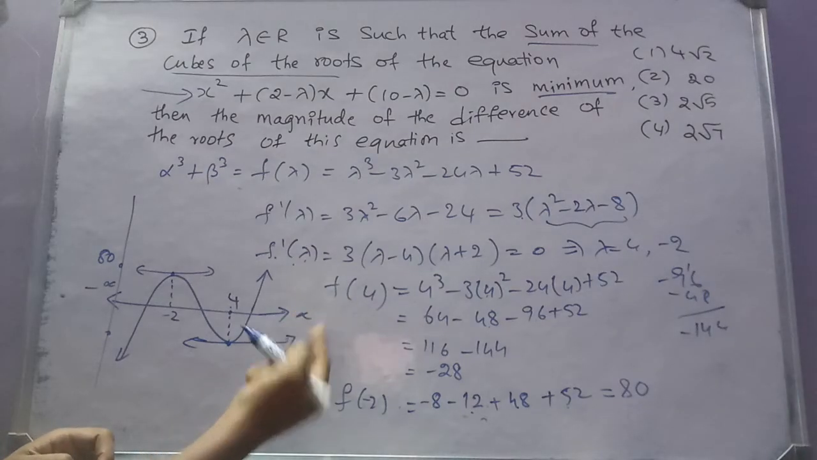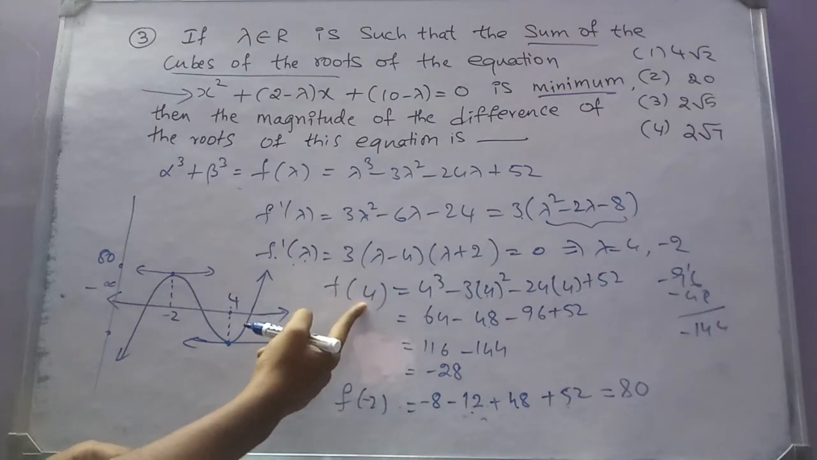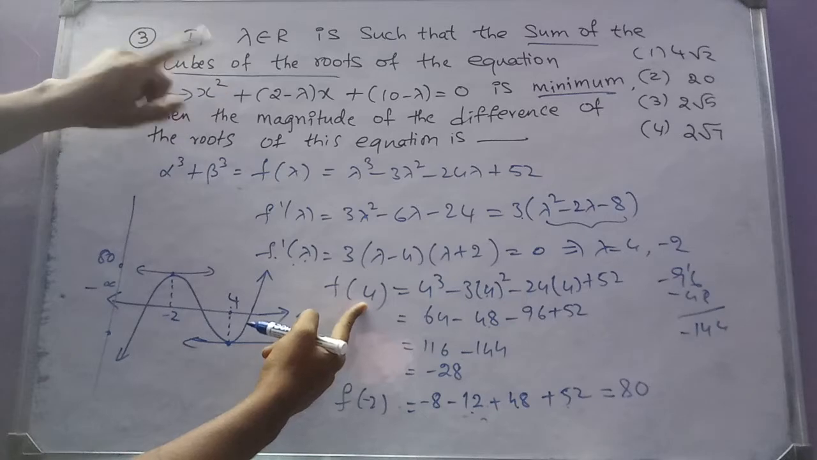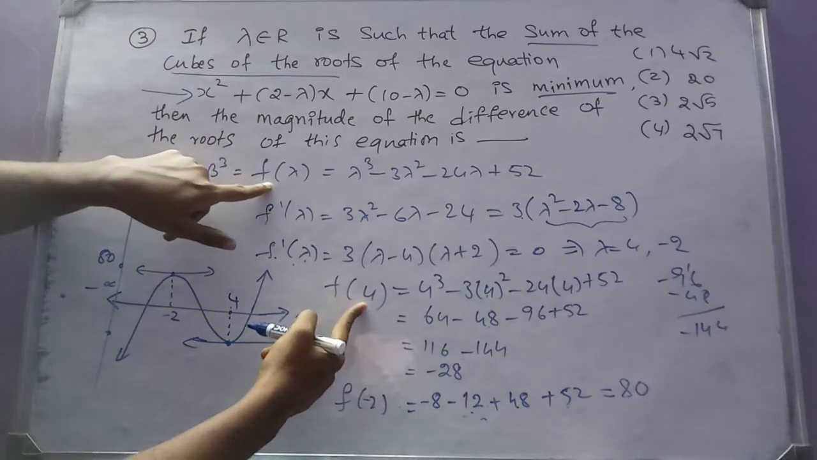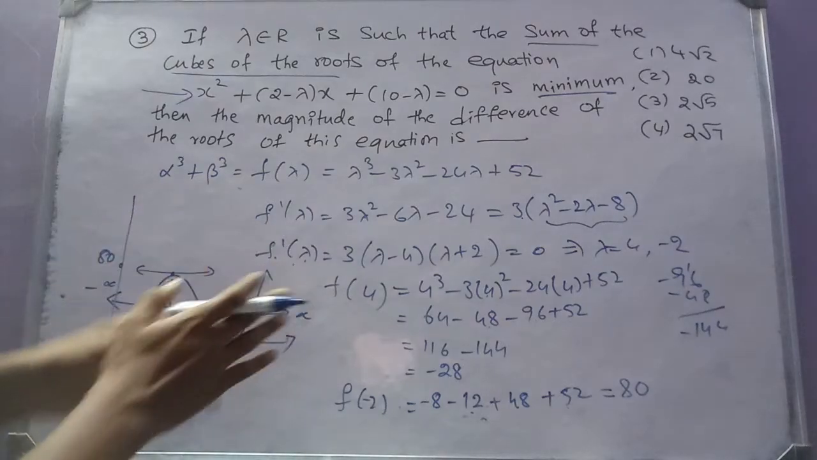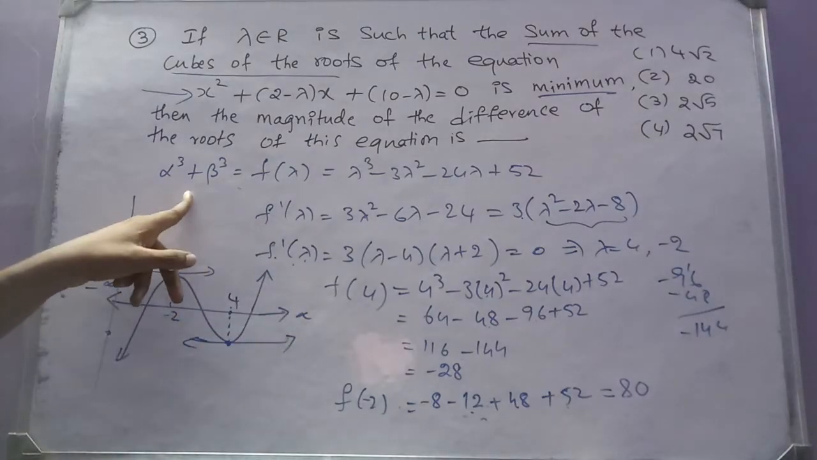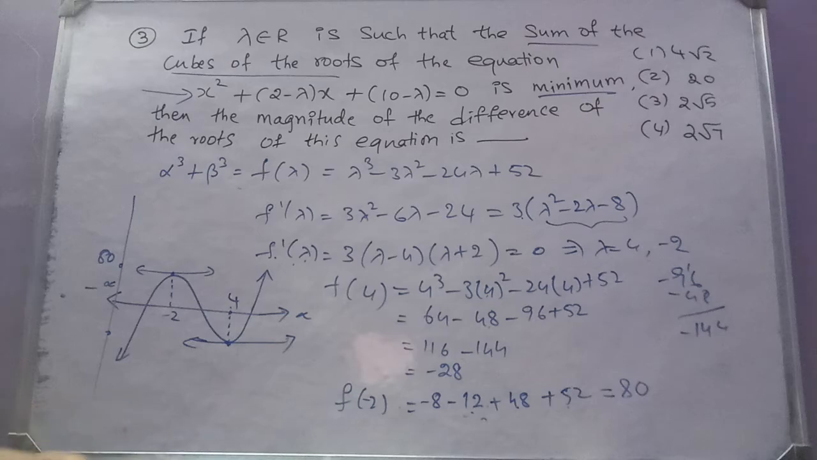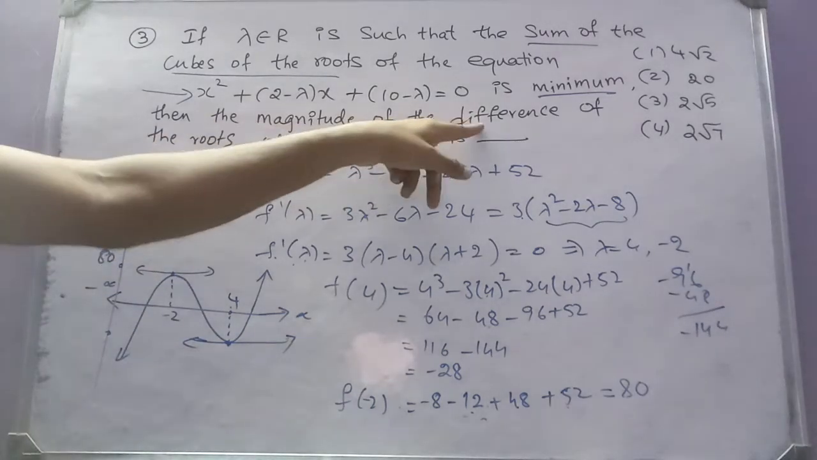So at lambda is equal to 4, the sum of the cubes, that means what? This is minimum, right? So we have to take lambda is equal to 4. So from this observation, we can say that the sum of the cubes is minimum when lambda is equal to 4. Now let us take lambda is equal to 4 and let us find the difference of the roots